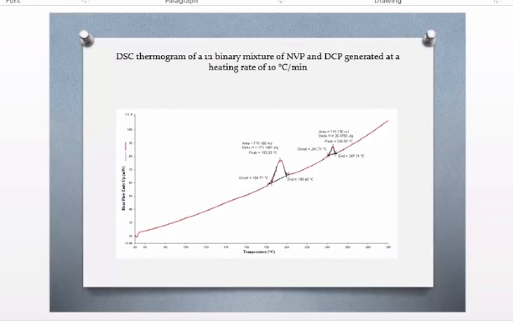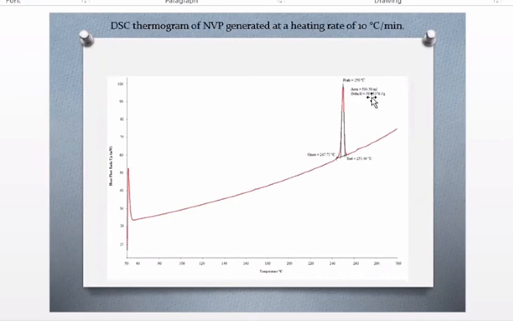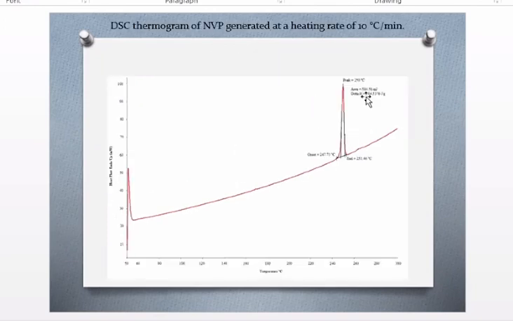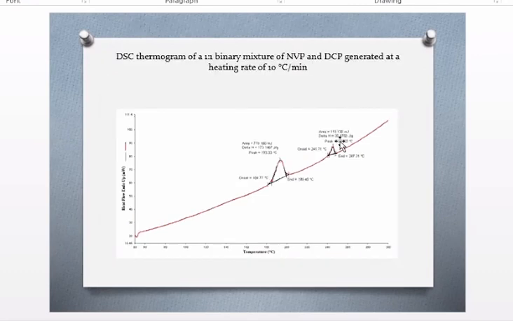So from these two, you can conclude that nevirapine is moving from existing as a crystalline material to existing as an amorphous material. At the same time, its melting point is reducing from 250 degrees Celsius to 245.5 degrees Celsius once you combine it with